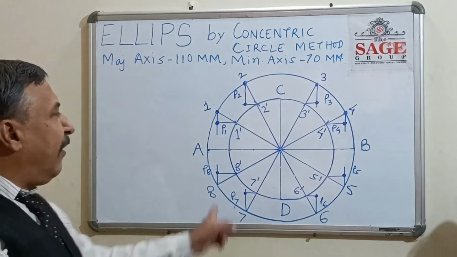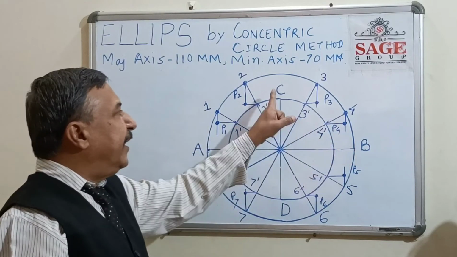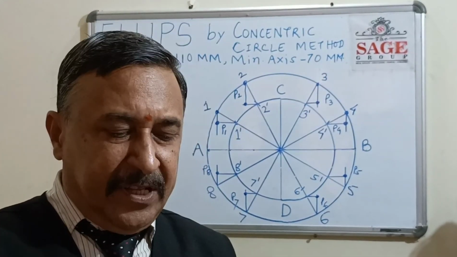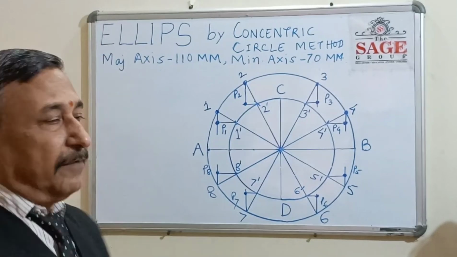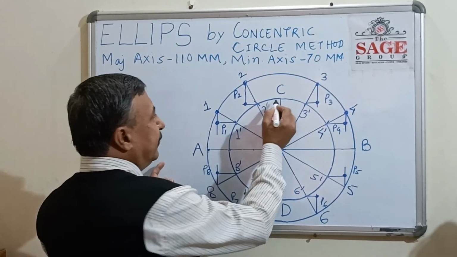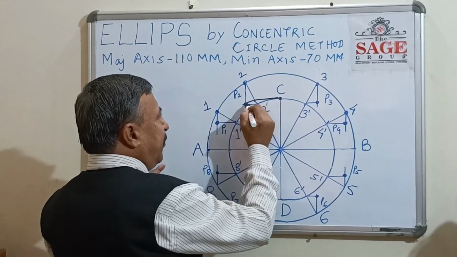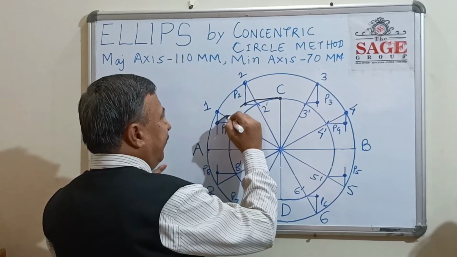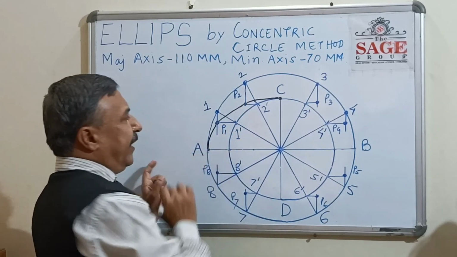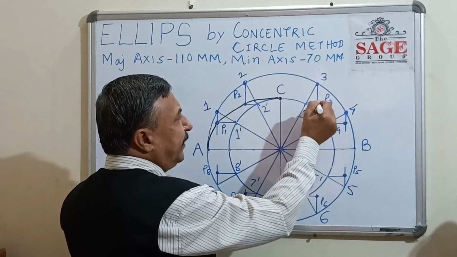Now we have to draw a smooth curve through these points, passing through A, B, C and D also, the same way as we drew in the last problem. Now see here, you can start from C, A, anywhere. I start from C, so join C to P2, to P1 and then A. Now join B to P4, P3 and C.